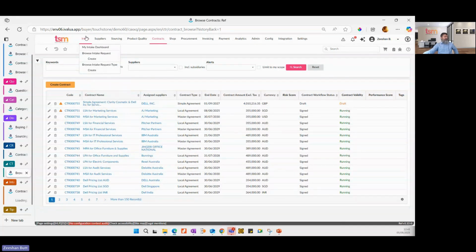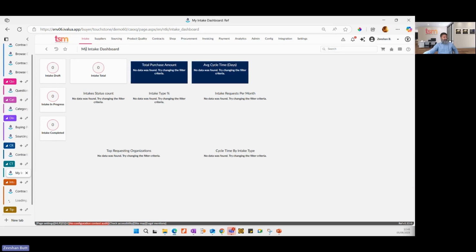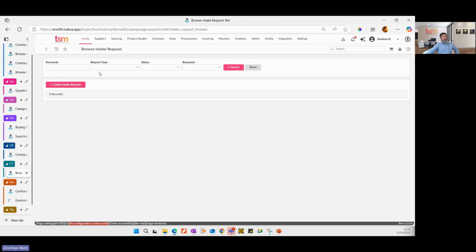new version first. So the new intake form or intake management solution comes with a dashboard. And apologies, the dashboard isn't actually coming up in my demo system, but it's sort of to give you a high-level overview of, okay, how much you spent so far, average life cycle for the intake, how many are in progress, how many are completed. So it's more like a KPI type for an intake manager, okay? And then also, similar to a standard one, you also have the intake